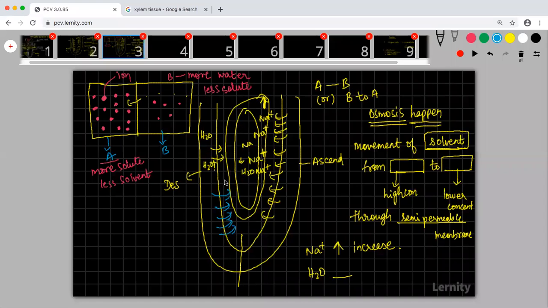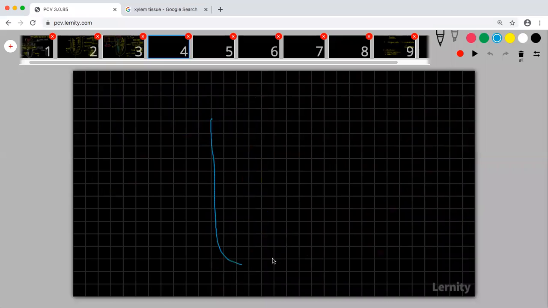Okay, so more and more. As the concentration of sodium increases in this side, it will facilitate osmosis, and what will happen? More and more water would be absorbed in the descending loop. The descending loop is going to take too much water now. Earlier, let us say this is also going to be permeable to water.